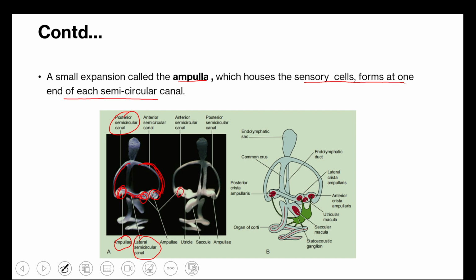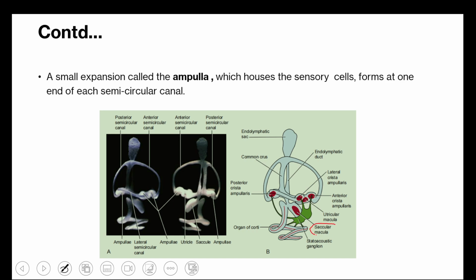So you can see there are three ampullae, the small expansions present at each end of the semicircular canals. The ampulla related to the posterior semicircular canal is called the posterior crista ampullaris, similarly the lateral crista ampullaris and anterior crista ampullaris. And next you can see the utricle and